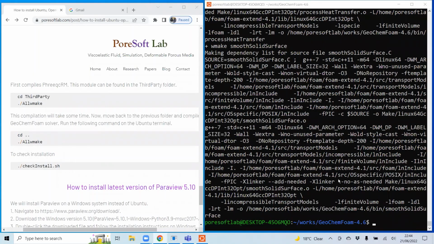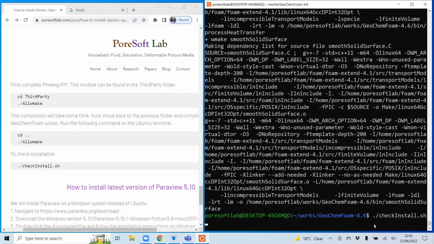So we could successfully compile the GeoChemFoam solver on my PC, and now we can check if this installation is correct or not. To do that, just copy this command, checkInstall.sh, and paste it here and enter.